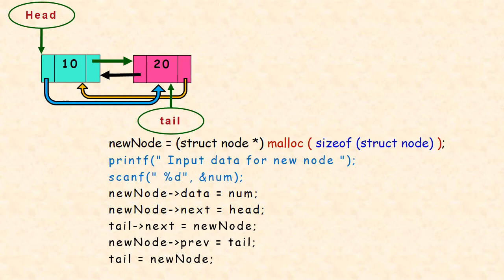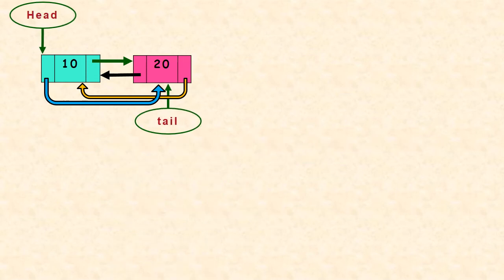Now what will we do? We have to connect the last connection. This is head previous is equal to the latest tail. So head previous is equal to tail, right? Now one node is created. Two nodes are created, one node along with the head, right? Now let us create another.